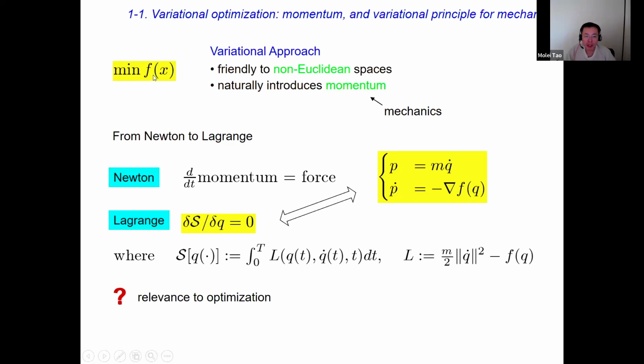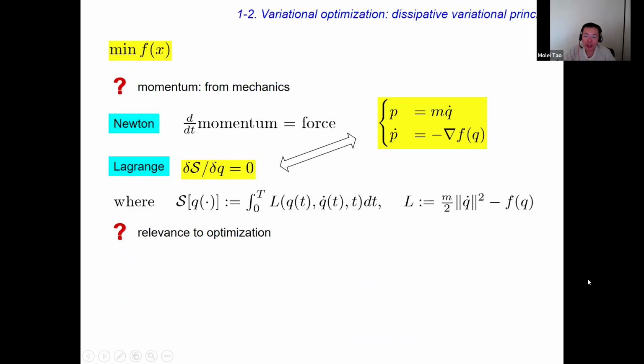I did intentionally take this F to be the potential, but at this moment, you should be puzzled because this is a conservative system. The total energy is going to be a constant. So if you run this dynamics, all you will see is constant exchange between the kinetic energy and this potential energy. So F will not be minimized. But if you think about it, that's really because your system has a time translational invariance. So more precisely, if you do a time shift of q, you get the same action functional. So you actually get conservation of total energy by Noether's theorem.